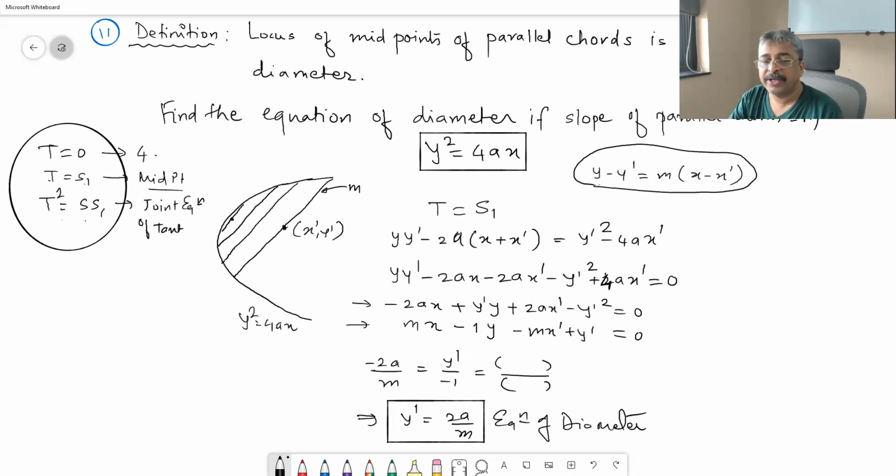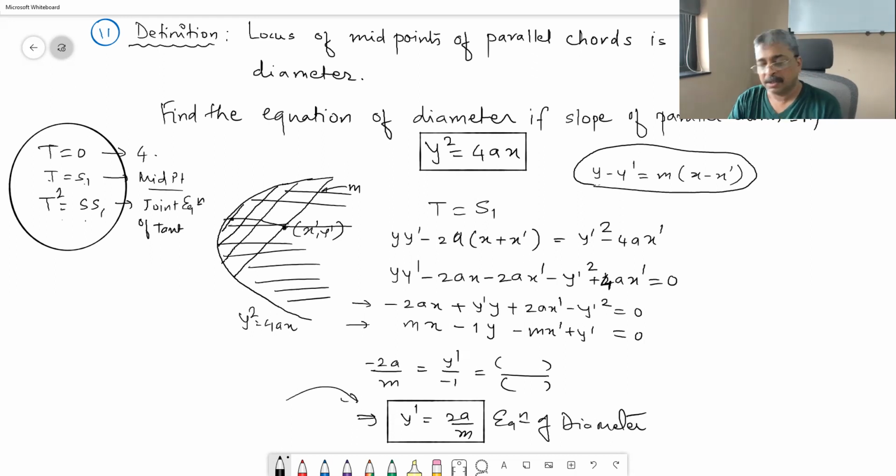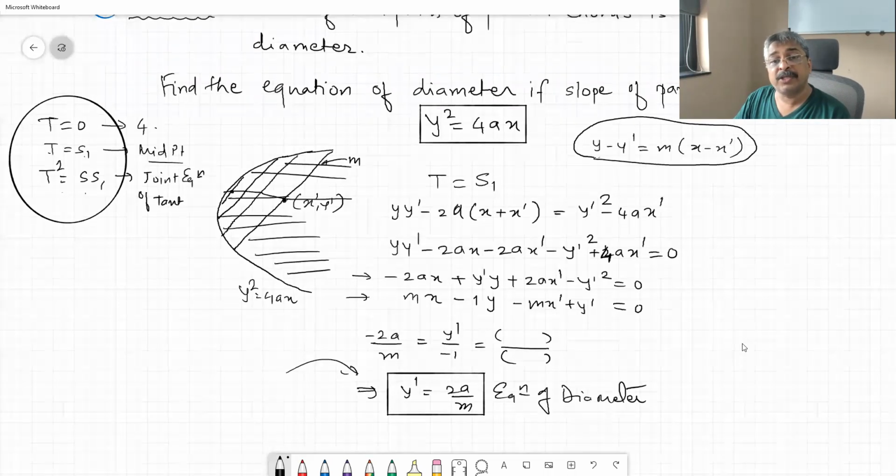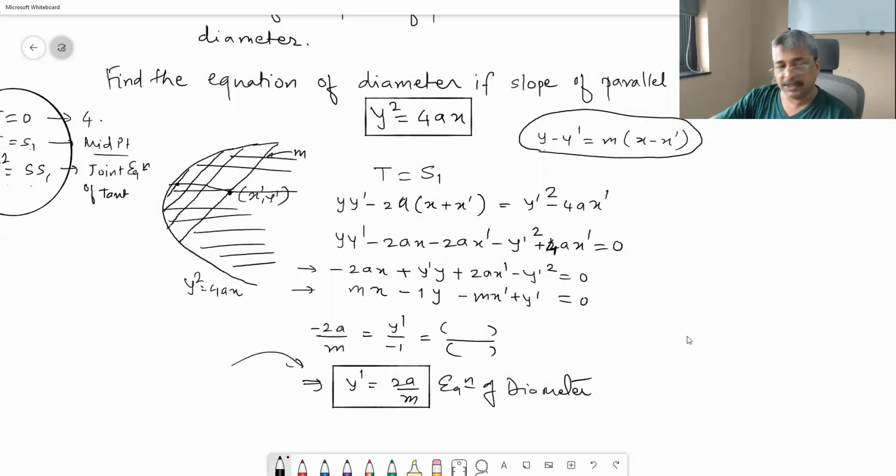Replacing y dash by y, we get the desired equation. So all the diameters of the parabola that we are talking about are going parallel to the x-axis. That is the outcome of this. All diameters are going to be parallel to the x-axis. Moreover, one thing which we can learn out of this is,